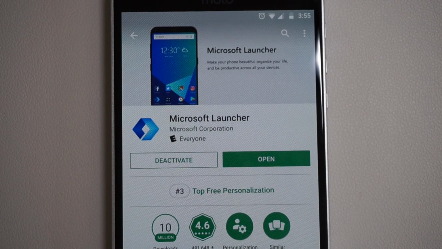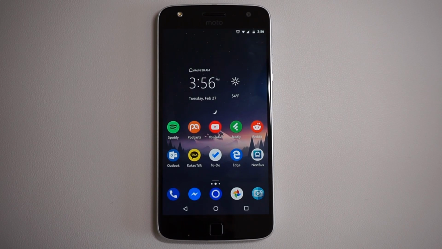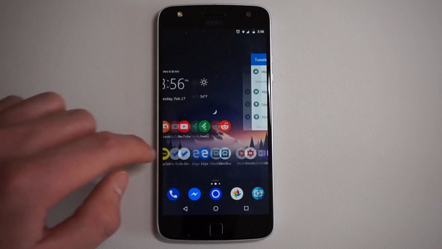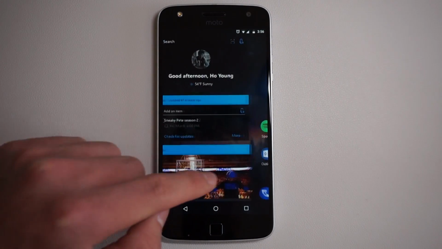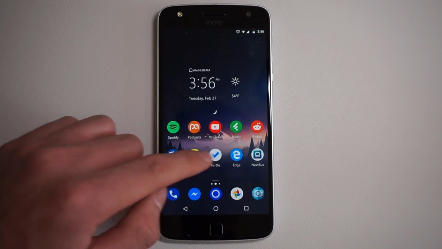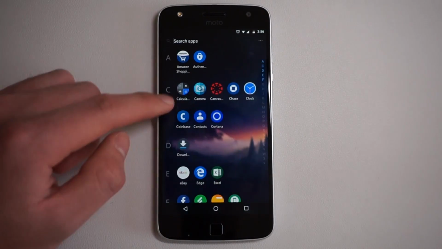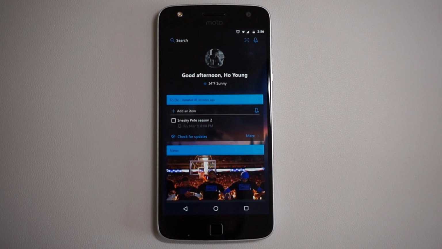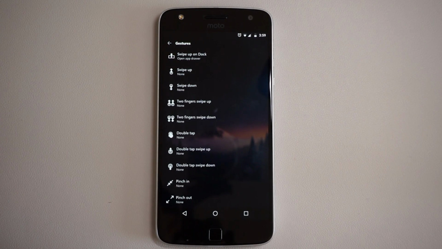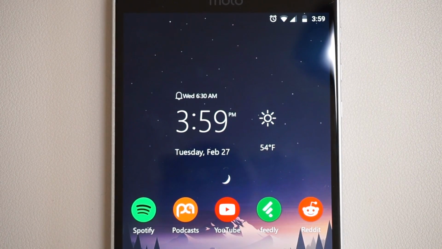First off, download the Microsoft Launcher. It doesn't look anything like a Windows Phone, but this is Microsoft's version of how Android should look, and there's a lot of integrations with Microsoft services like Cortana, Bing, and Office 365. There's a lot of cool features too, like the feed, the dock with quick settings, a bunch of customizable gestures, and that simple clock and weather widget, which is from the launcher.